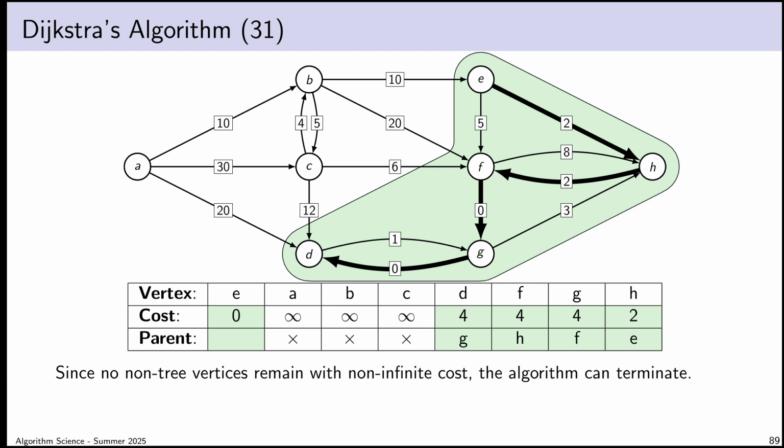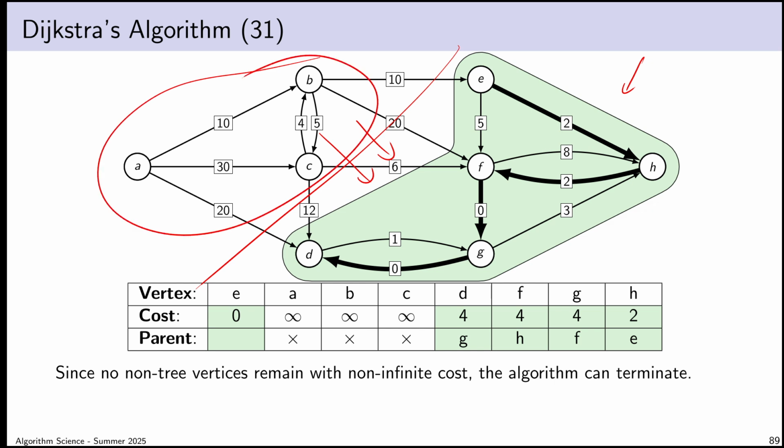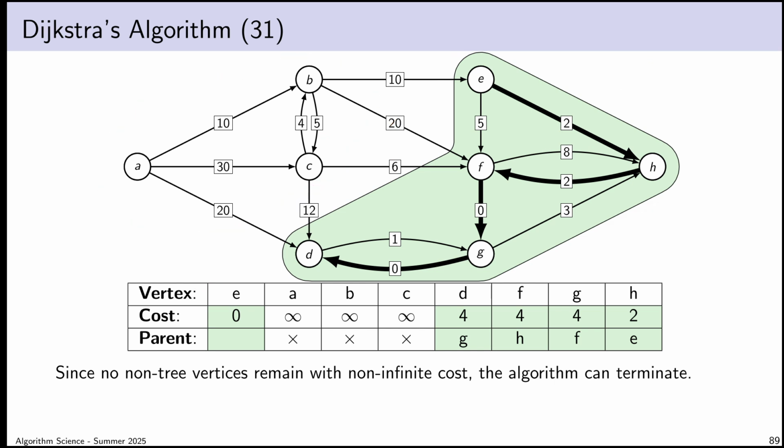And if you stare at it for a bit, what you'll realize is that I can sort of cut the graph here, and all edges go this way across the border. There is no way to get from this segment of the graph back into this one. And that means that the problem of what is the minimum cost path from vertex E to vertex A is infeasible. There is no path from vertex E to vertex A. So the real termination condition of the algorithm is when you reach a state when there are no non-tree vertices with non-infinite cost, the algorithm must terminate. So here, there are non-tree vertices, but they have infinite cost, so the algorithm terminates.